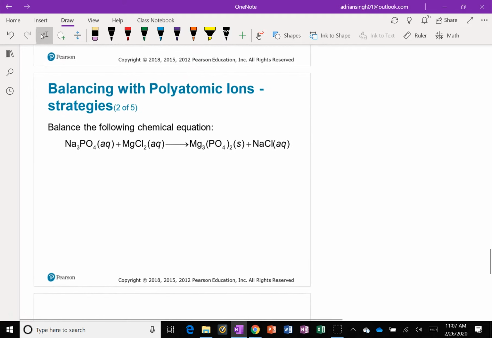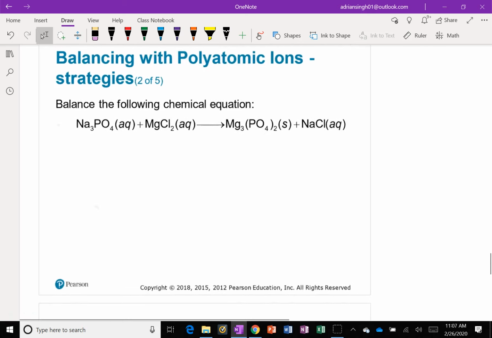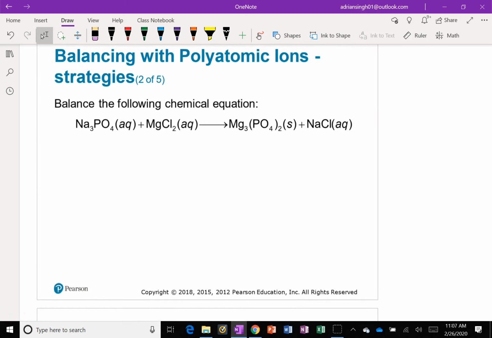Okay. Let's take a look now at another instance or other instances where we do run into equations that may look ultra complicated, but we can make it a lot easier to work with. All right, so here we have an equation where we're dealing with sodium. Well, let me ask you, what's the name of this compound? You had to name this a couple weeks ago. Sodium phosphate,